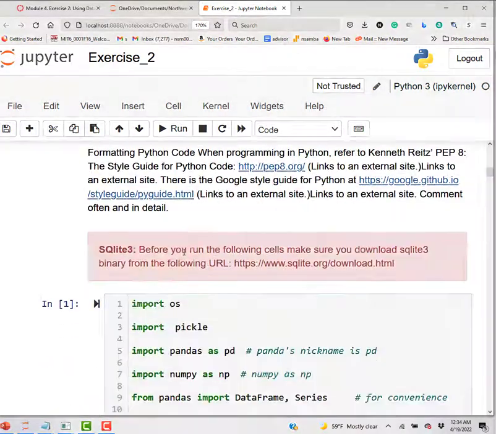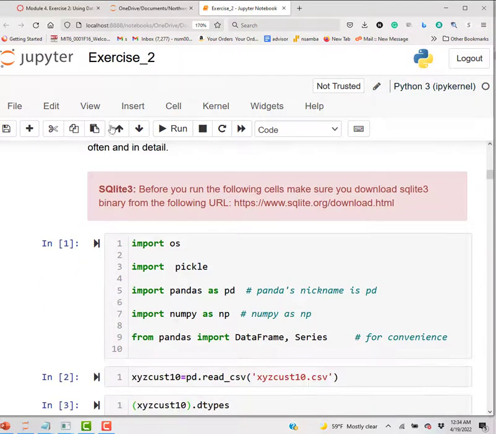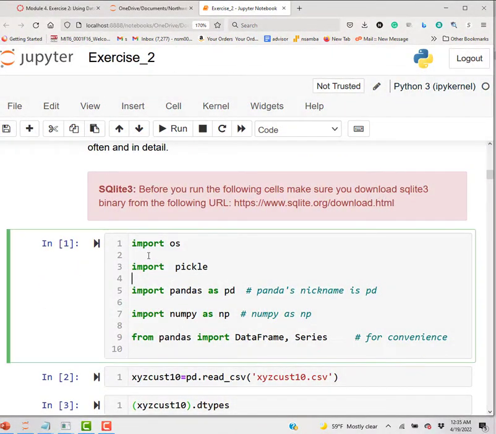I opened it, stored it in my folder, and then from there I opened it using Jupyter Notebook. So here, you have all this. You should have it. If you don't have it, you have to. I hope you don't have any problem